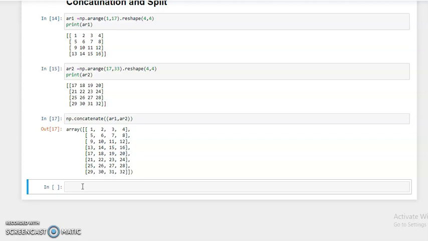Now this concatenation is column wise, but if we want to concatenate row wise, for this we use the same concatenate function, and we assign axis equal to 1, and by default the concatenate function considers axis 0.